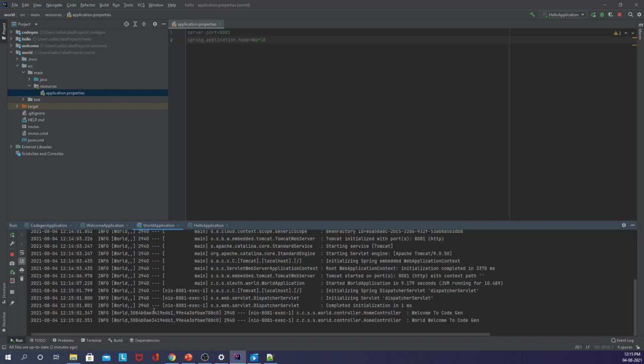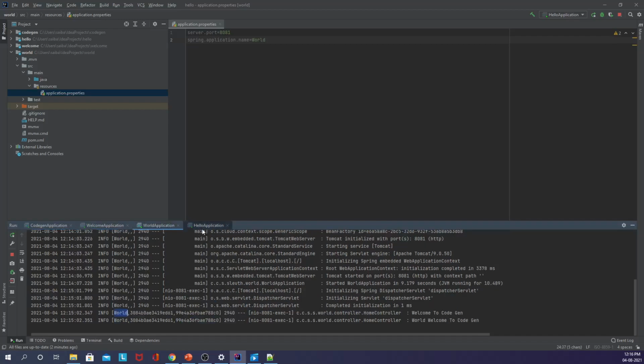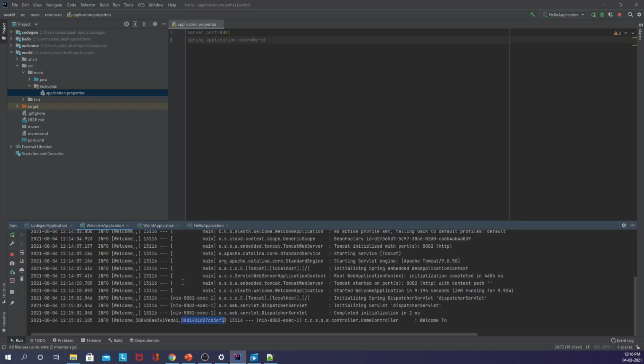You can see for the other microservice, the trace ID is the same, but the span ID is different. Span ID will be different for each microservice, but the trace ID will be the same. So this is the name of the application that we have included. Likewise for the remaining microservice as well, the trace ID is the same, but the span ID is different. And this is the identifier that we have added in this property. Like this we can generate the request identifiers like the trace IDs and the span IDs.